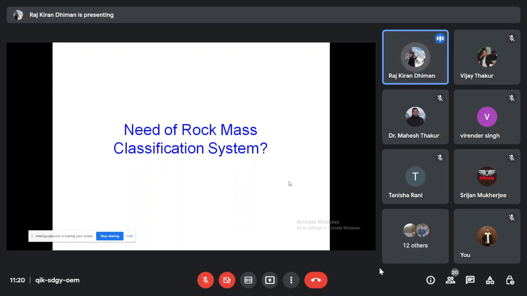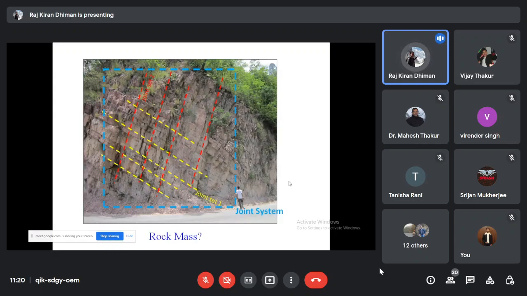So the question comes: why do we need these rock mass classification systems? In this slide I'm showing you this rock mass, so you must be interested in the stability, whether this slope is stable, or what the rock mass condition is. So you want to give some ratings, so that the method can be applied to any slope. Let's say we are in the beginning of the development of these rock mass classification systems. How must these early engineering geologists have thought? If I go into the basics,